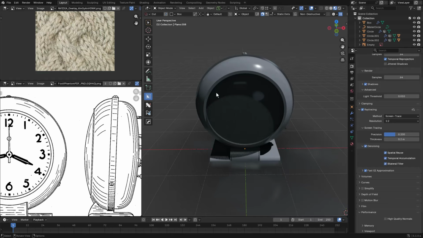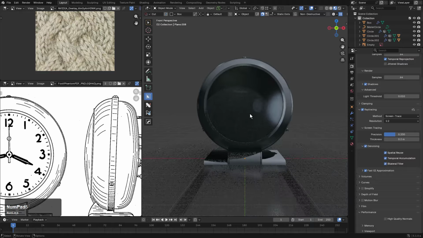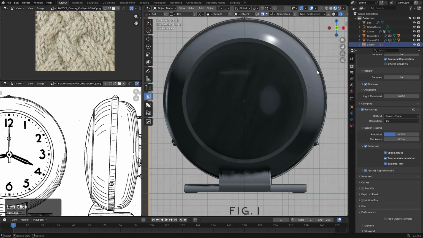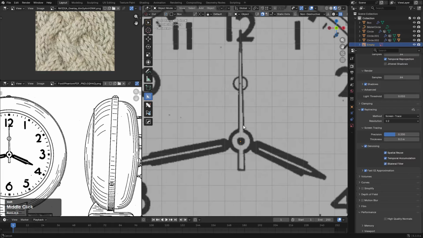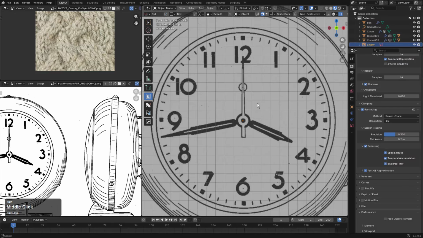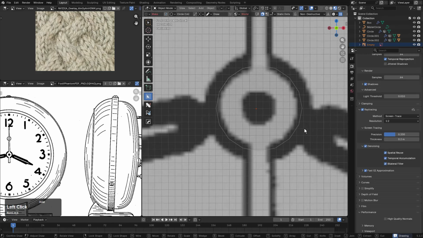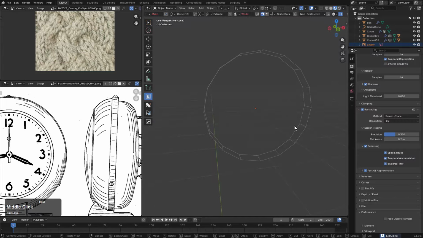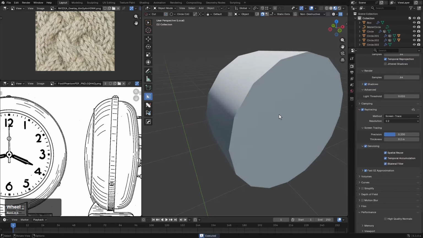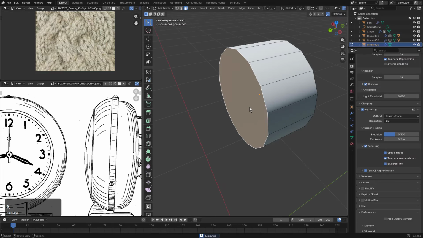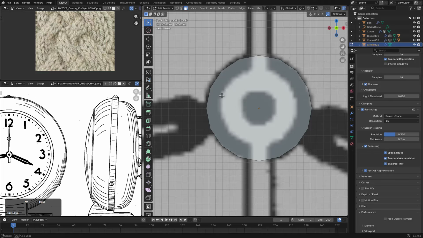Alright, so here we are. We are dealing with part 2. So I'm going to press numpad 1, look at it from the front, and we're just going to take the reference image into local mode. And for these, what we want to do is just quickly make these. How many rounds do we want our circle to be? Let's try 16. And we'll just bring that out, and I'm just going to delete everything except for a single face, and we're just going to simplify our method,